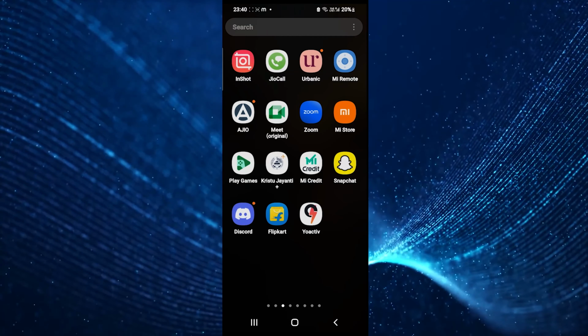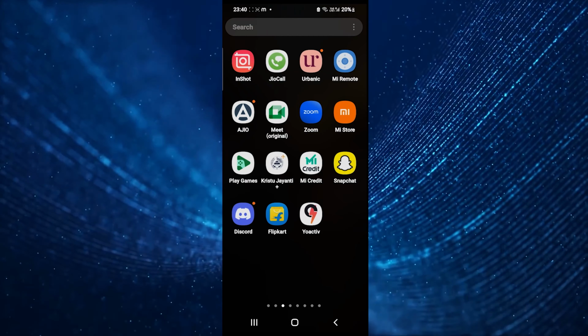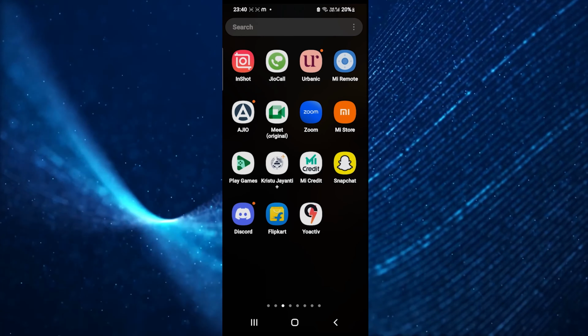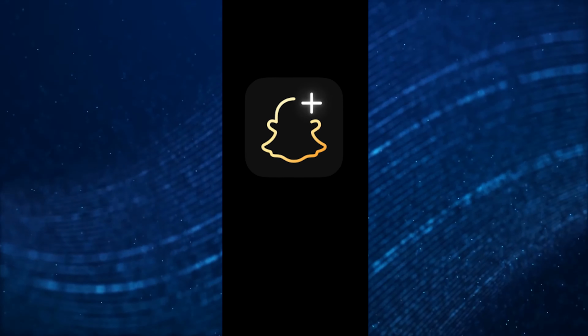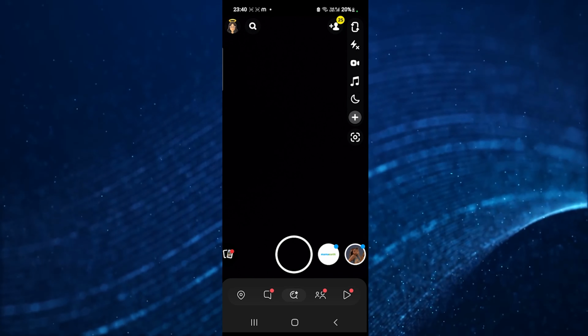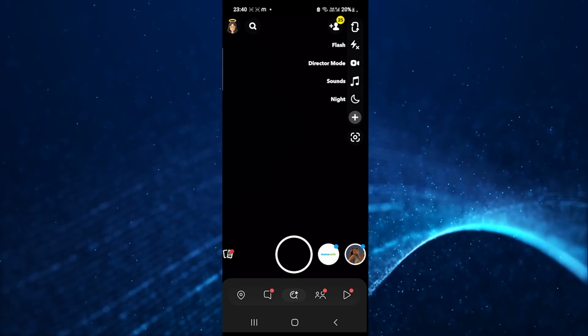Well, My AI is a new thing that Snapchat has just put out, so if you want to go ahead and basically remove it, you can. If you don't even have it, basically it's within Snapchat Plus. But if you don't want it anymore, what you can always do, if you don't know, is swipe